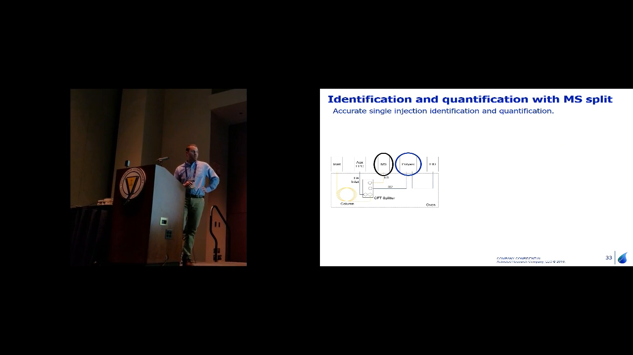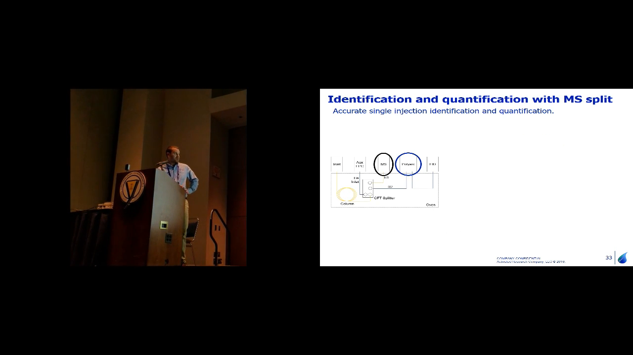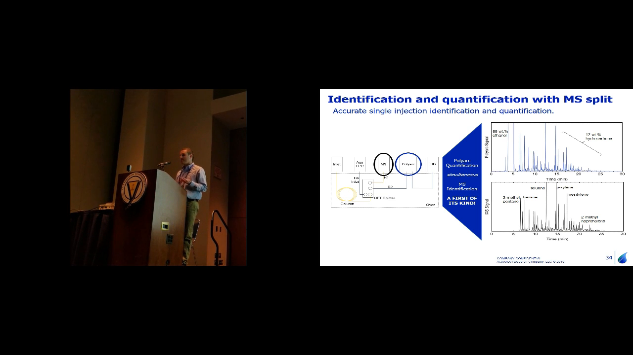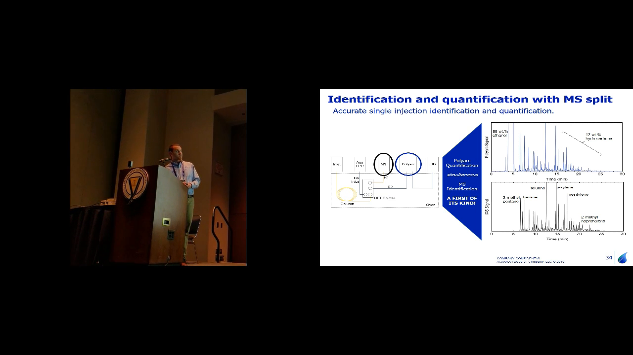So we can also separate the stream. We can use a splitter, and we can separate that column to a mass spec and a Polyarc FID and get identification and quantification in a single injection without calibrations. This is an example with an 86 or 88 weight percent ethanol, so E85